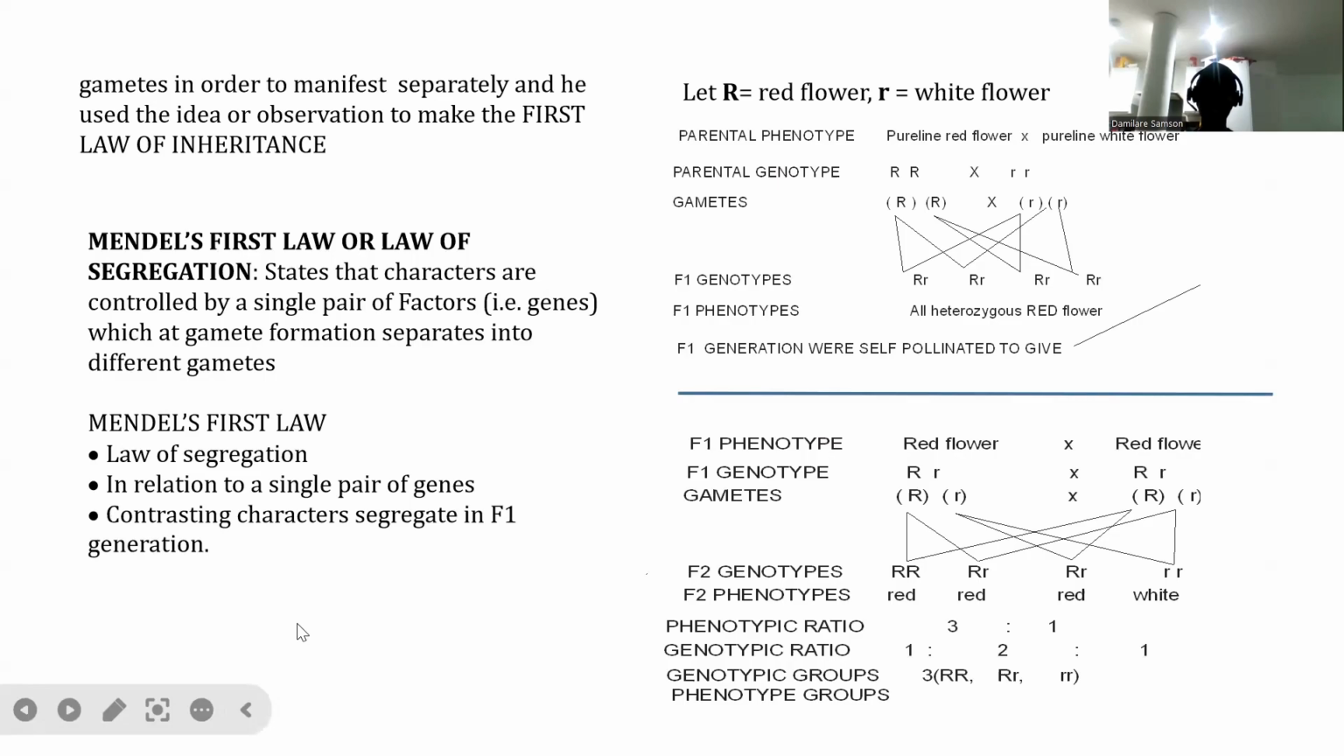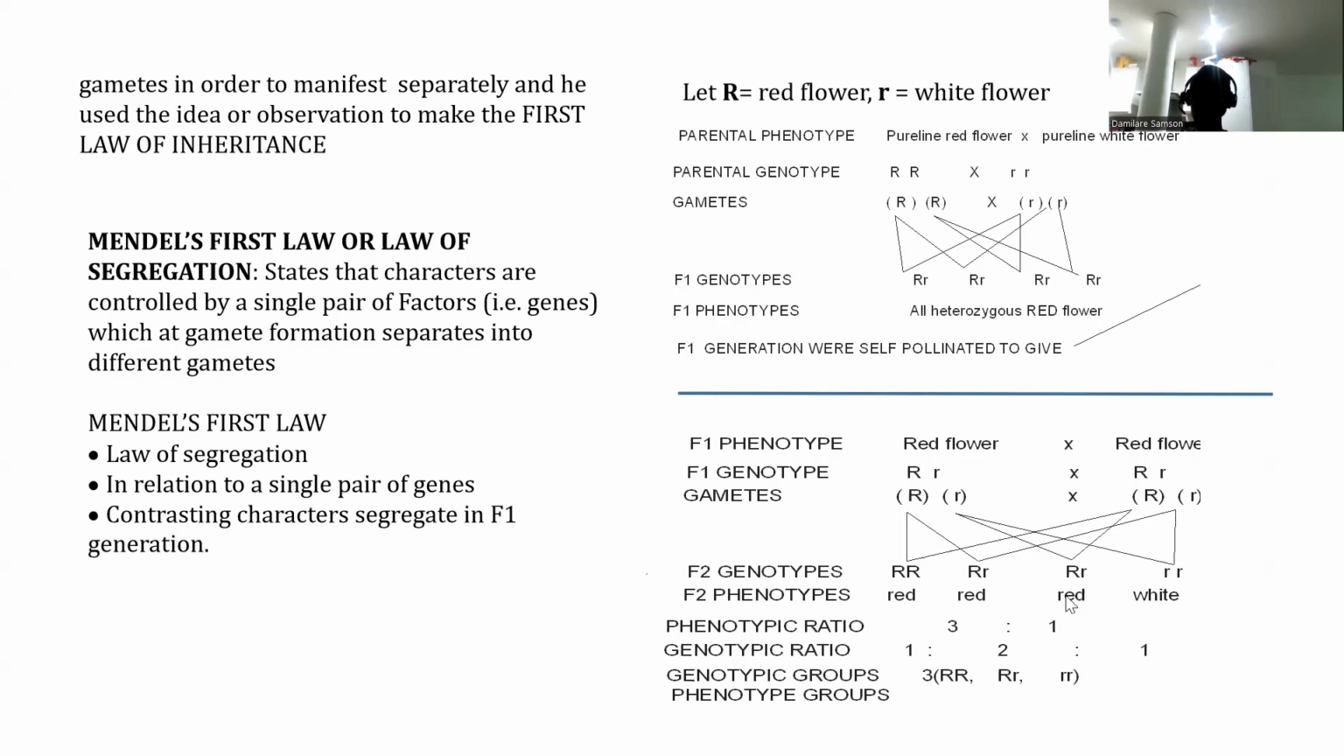So like I said, Mendel's first law, that's the first law of inheritance. It is also called the law of segregation. So they can say the law of segregation, Mendel's first law, or first law of inheritance. Now, what does it say? It says that